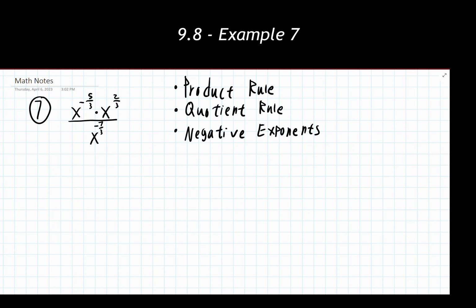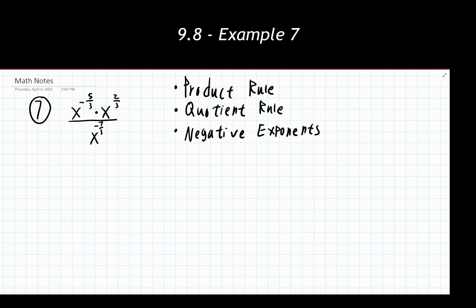So I like getting rid of those first. Again, you're not forced to do that. It's just one of the things that I found that works best for me. So I have a negative exponent in the numerator spot. I have a negative exponent in the denominator spot. Remember that all the negative exponent does is it takes the base and it flips it to go to the opposite part of the fraction. It's the only thing it changes.